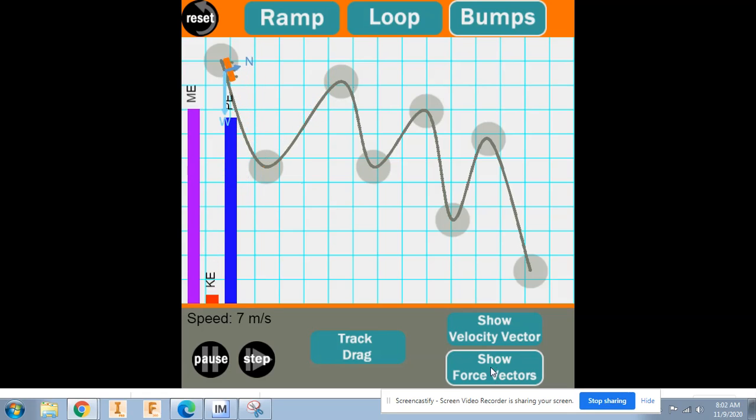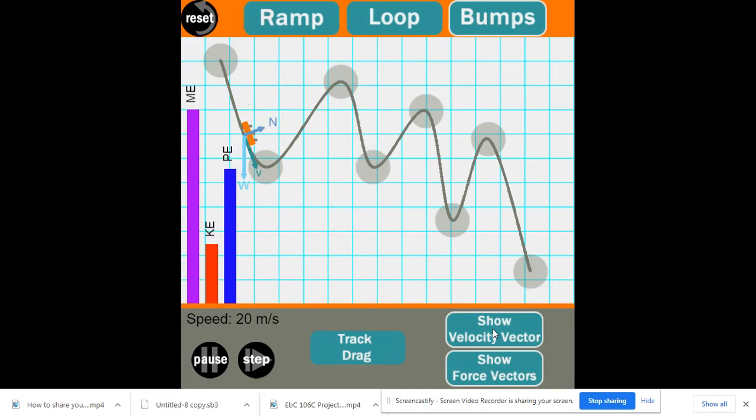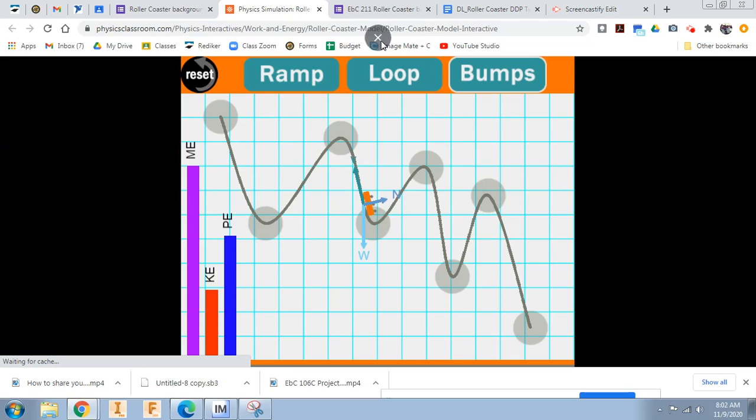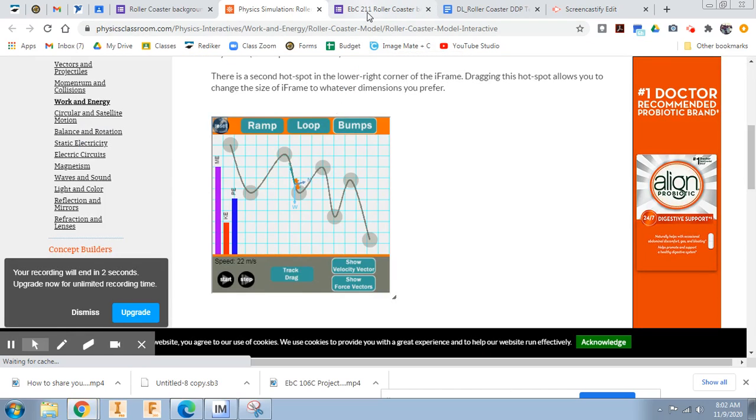Otherwise, they would fall through the track. We can have all three at the same time, the velocity and the weight and the normal force. And there's a lot of interesting stuff here that I'm not going to get into today. So once you've played around with it a bit,